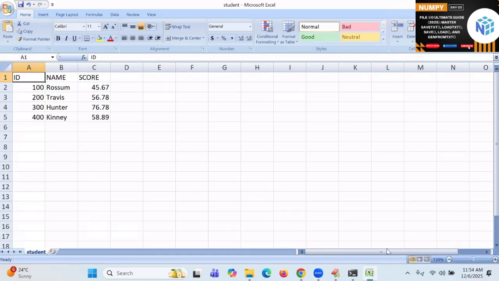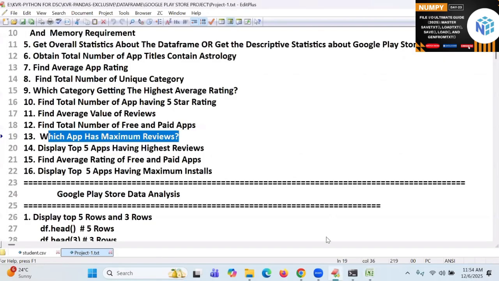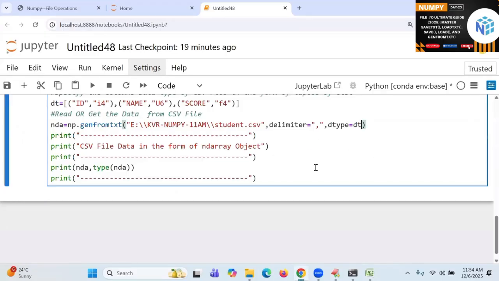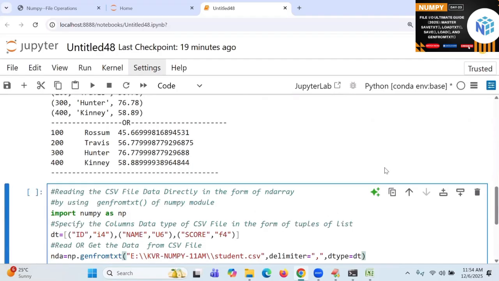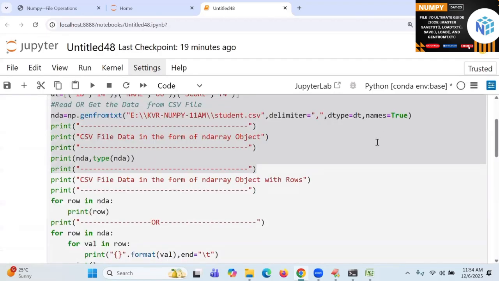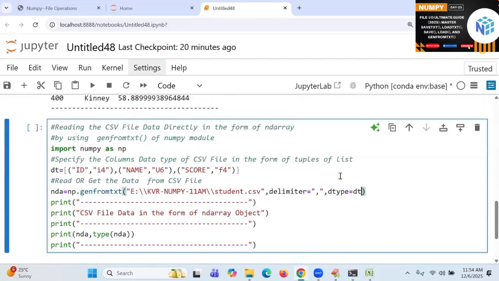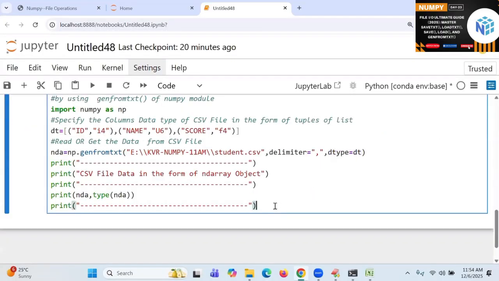That's why you need to write names is equal to true. When you write it, the header names will not be coming. For example, here I am not writing names is equal to true. See what will be happening, students.